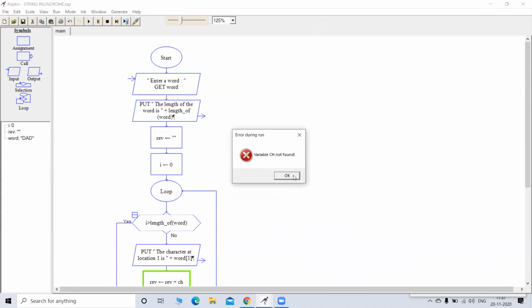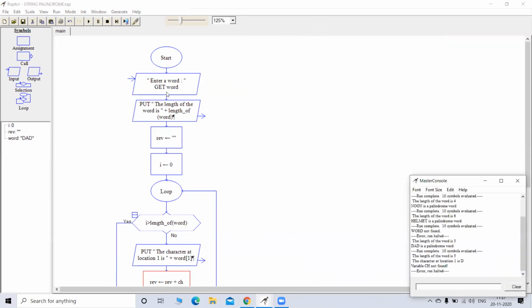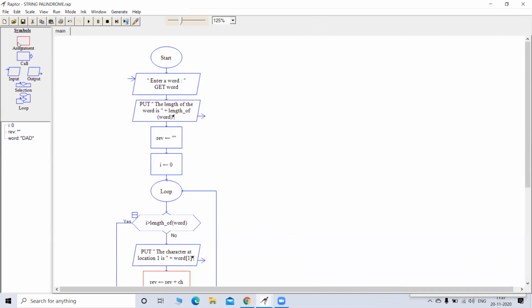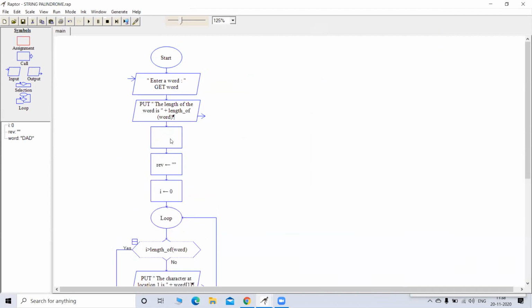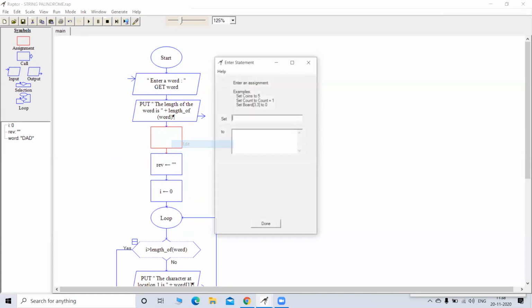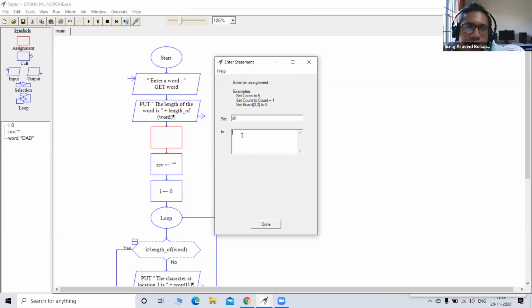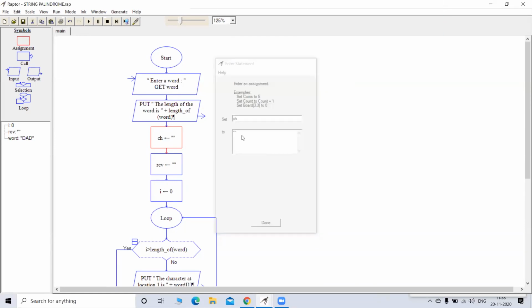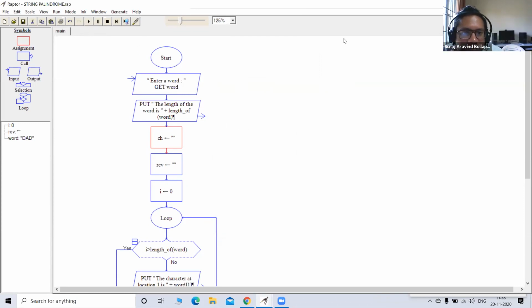See, it's not working. Maybe CH needs to be initialized. Yes, sir. 1 minute. So should I set CH to blank, or put it as 0? If you say 0, it may treat... I don't know, check it. Sir, is that reverse you have given double quotes, sir? Okay, you have given double quotes. Okay, it's a character, right? Okay.